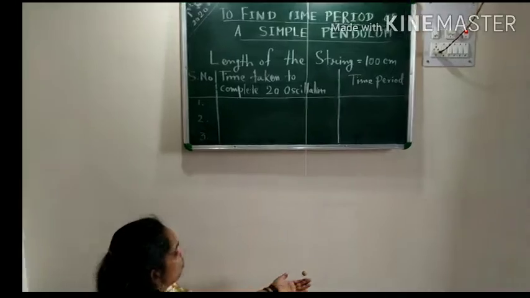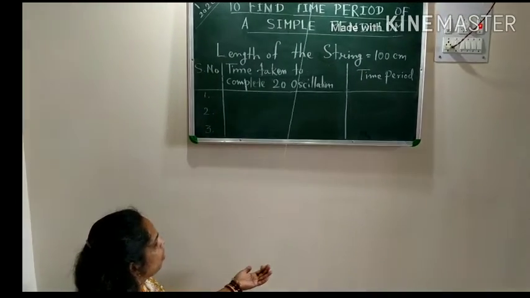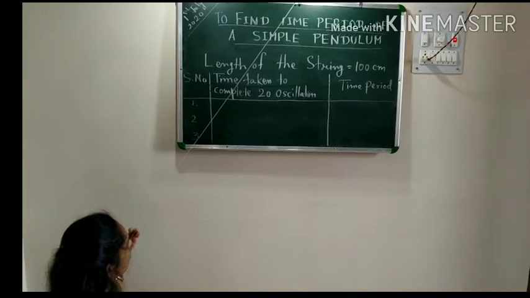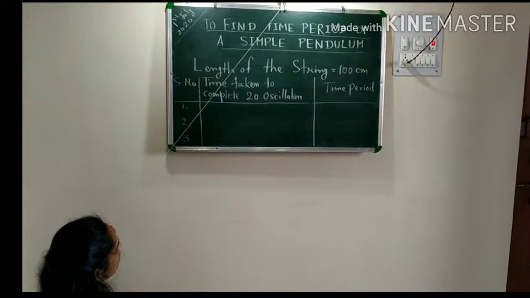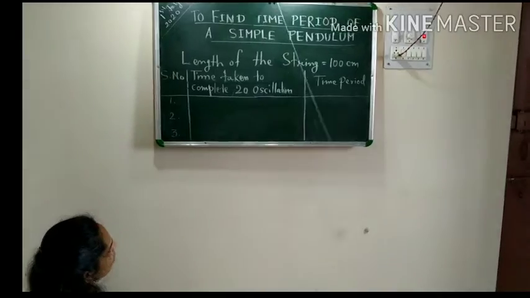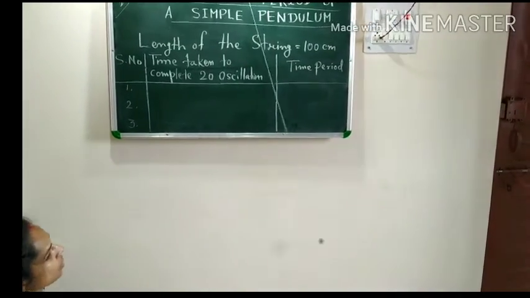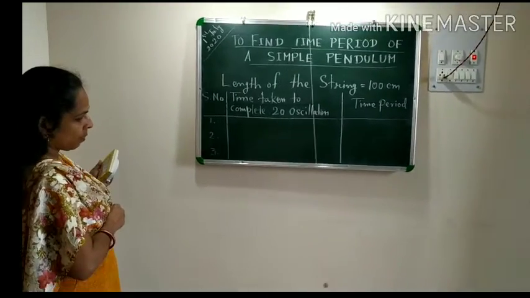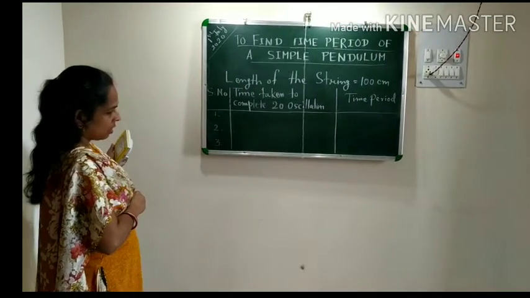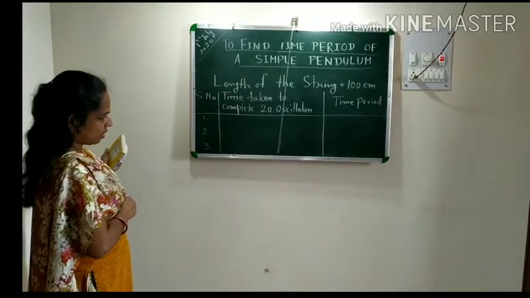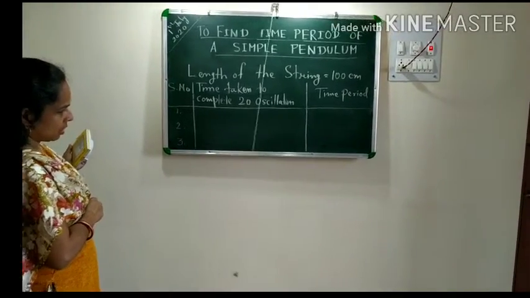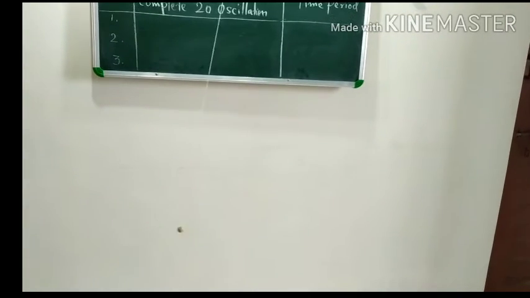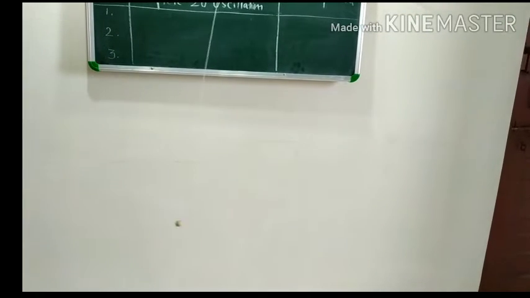After this we have to hold this bob and bring it to any one side. After that I have to release it. I am releasing it. 1, 2, 3, 4, 5, 6, 7, 8, 9, 10,